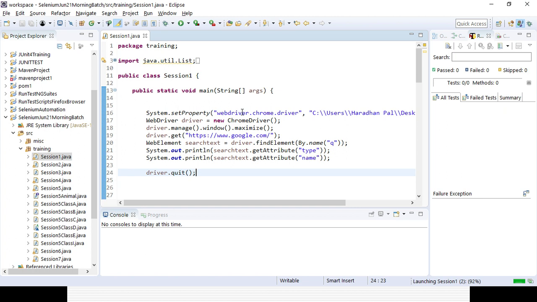But the main problem is that it will not give us a very good result which can be presented very easily to our development team, our leadership team, or the client. The kind of report is not very much available whenever we are creating a normal Java class and trying to execute the test case. Also it does not give us more visibility, like how many test cases have failed or passed, what the exact status is, and what the reason is that it failed. That kind of thing is sometimes not given.